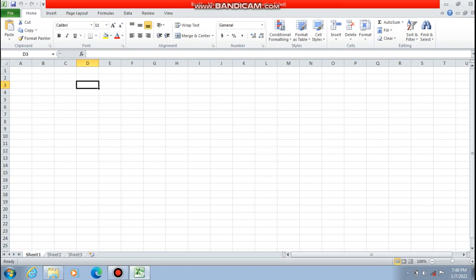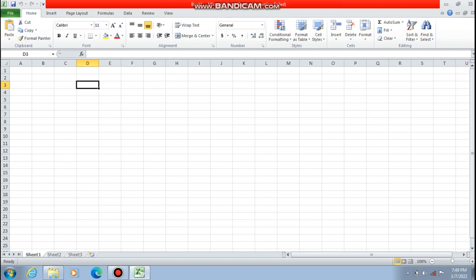Okay, let's go. Now how many rows and columns are there in a worksheet on this MS Excel worksheet? In MS Excel 2010 there are 16,384 columns and 10,48,576 rows. So how many columns are there? There are 16,384 columns, and in this way, this is the row. There are 10,48,576 rows in this Microsoft Excel.